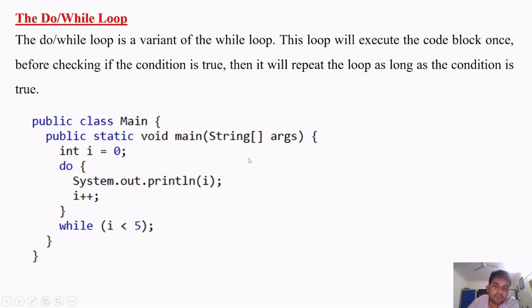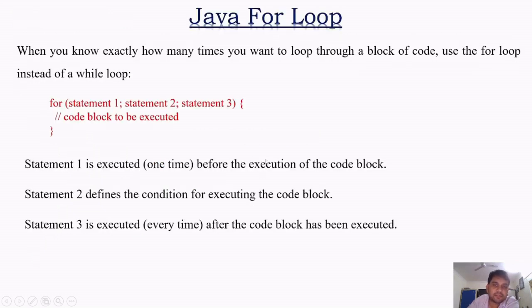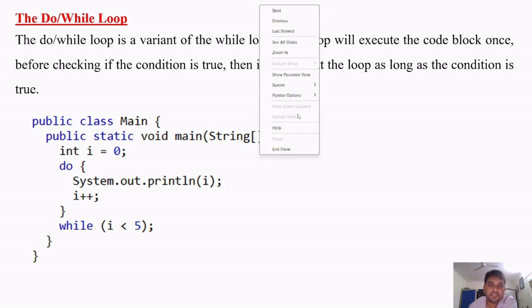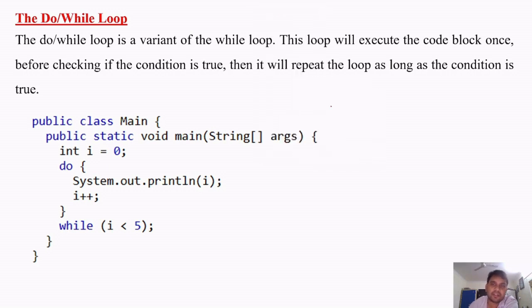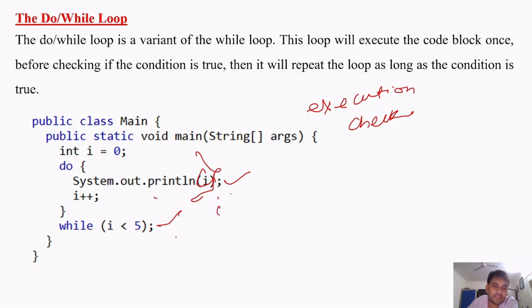सो डू वाइल लूप में वो क्या कर रहा है, पहले एग्जीक्यूट कर दे रहा है, उसके बाद जाके वो चेक कर रहा है। पहले कोड को एग्जीक्यूट कर देगा, उसके बाद जाके वो कंडीशन को चेक करेगा। रिमेंबर इन डू व्हाइल, एग्जीक्यूशन फर्स्ट, उसके बाद चेकिंग। सो देखिए यहाँ पे क्या कर रहा है, वो प्रिंट कर दे रहा है और i plus plus के हिसाब से प्रिंट कर रहा है, उसके बाद जाके कंडीशन दिया गया है कि i less than 5। आंसर विल बी सेम 0 1 2 3 4, बट द स्टाइल ऑफ राइटिंग विल बी like this।